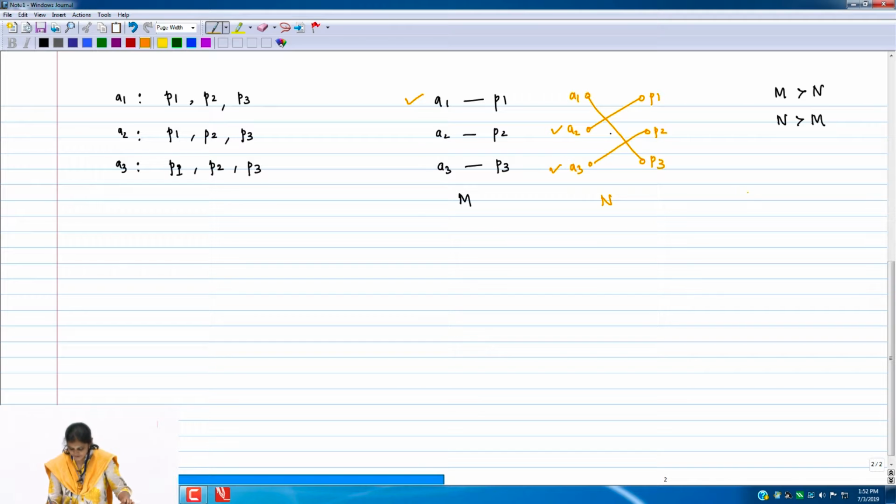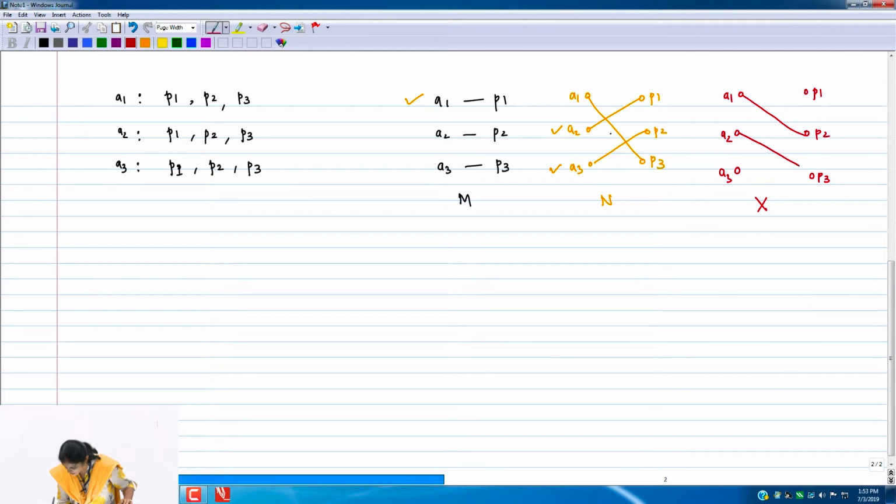Excellent. So there is an X maybe, so let's construct this because it's the first example we are seeing. I will use another color, hopefully that is visible. X, where A1, A2, A3. So can you tell me what is your matching? A1, P2, A2, P3, A3, P1. Okay, so if you compare N and X, again these votes don't mean anything,